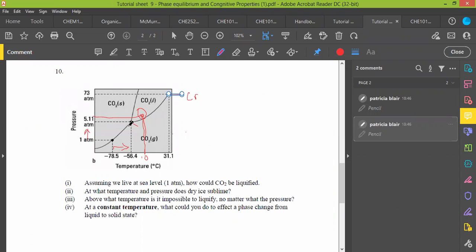Anywhere along this line, your solid is changing into a gas. That's sublimation. But why should you start looking for values which are not on the table when you actually have values that are on the table in the range you are looking at? So here, at what temperature and pressure, at 1 atm and a pressure of